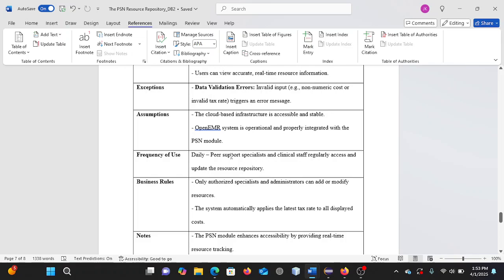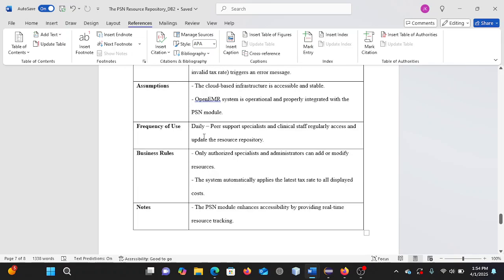The OpenEMR system is operational and properly integrated with the PSN module. This system will be used daily by peer support specialists and clinical staff to access and update resources. Business rule: only authorized specialists and administrators can add or